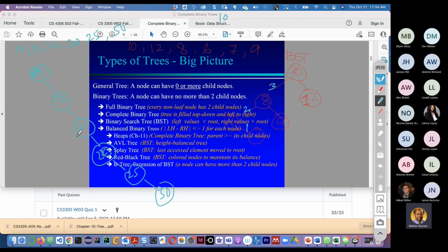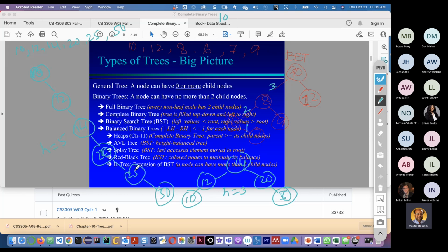But if we would get our data values something different, like this way, for instance 14, and then later comes 12, then 12 goes left side. Later comes 20, 20 goes right side. Next comes 50, 50 goes right side. And later comes 10, so 10 will be on the left side. So here height equals 3, and here height equals 1, 2, 3, 4, 5.